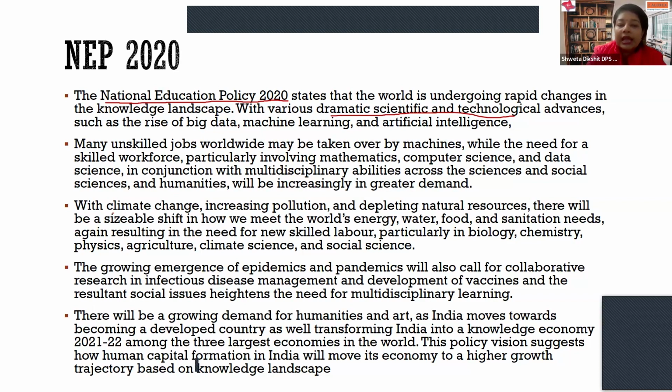We're also talking about climate change in NEP. We know this very well that we talk about sustainable development. One of your topics is the same. So when you're talking about sustainability in development, we definitely need to make people aware of climate change and the challenges related to it, because everything directly or indirectly is associated with the environment we are living in.